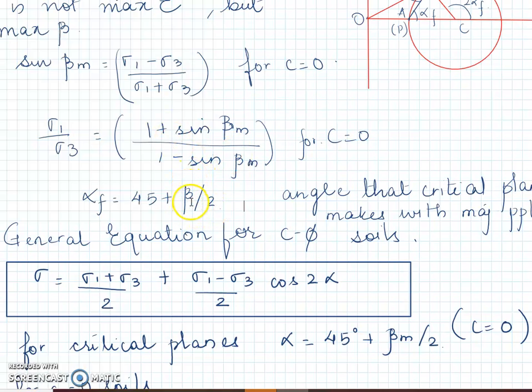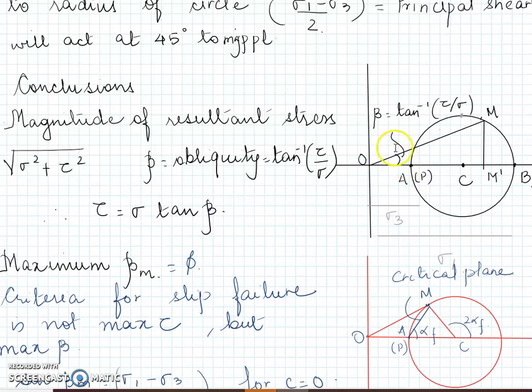And at failure, obliquity beta m is always equal to phi. So, when we are dealing with sandy soils, first of all, the failure criteria is maximum obliquity, and a soil will fail when the obliquity reaches maximum internal friction angle. So, the moment this particular angle, beta, okay, I don't know whether the cursor is visible, reaches phi value,